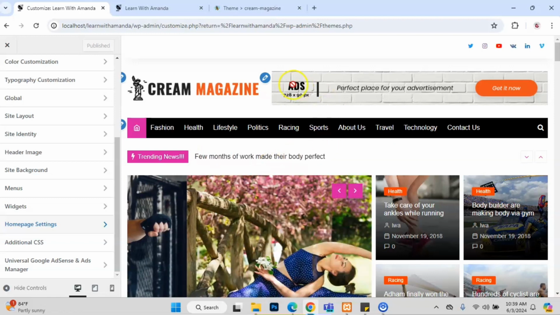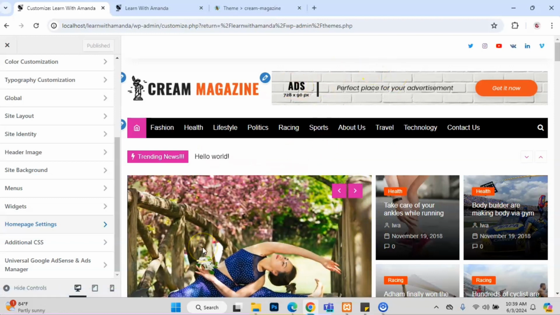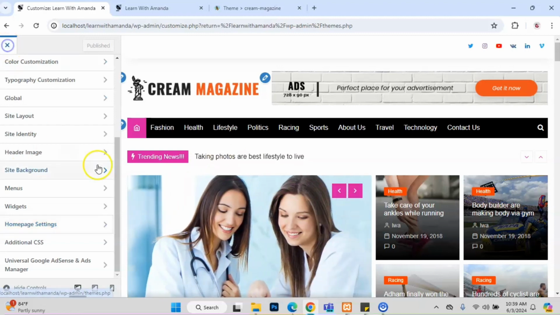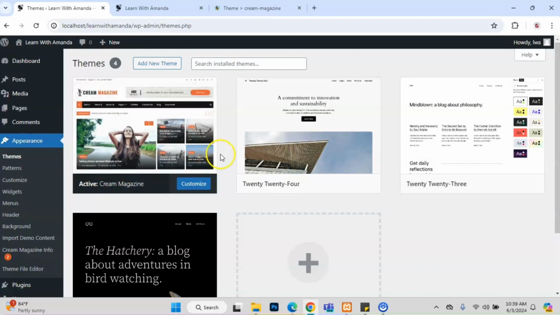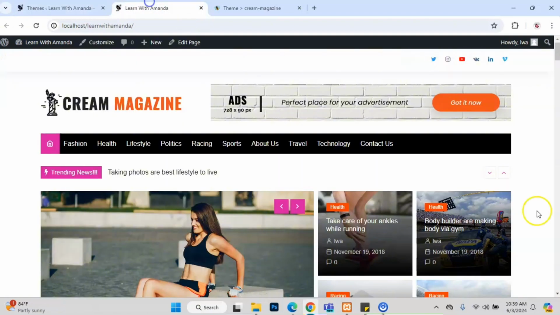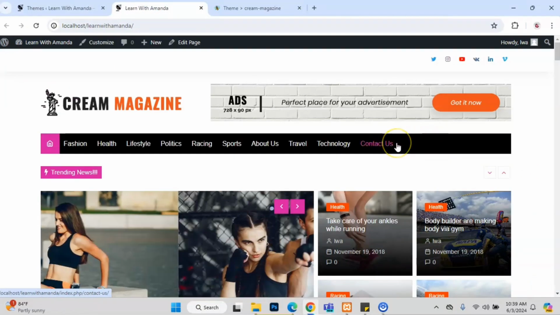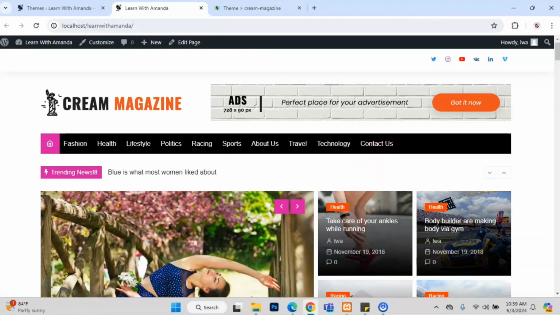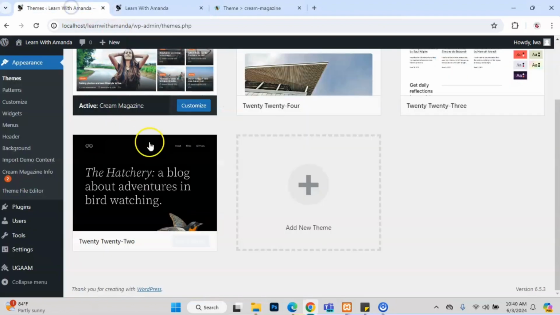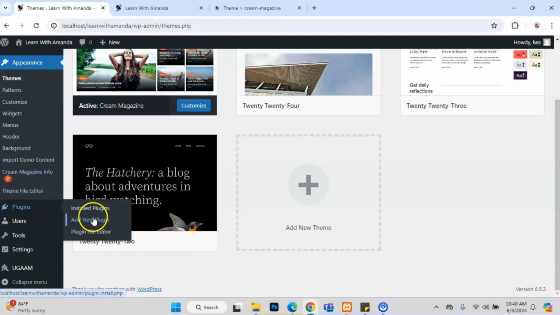Someone may ask, okay, so we have this, and now how do we get people to subscribe? Now we are going to install what we call a newsletter plugin. With this newsletter plugin, when people go to your site, they will see a newsletter pop-up and they will click on it to subscribe. Now when they click on it, the pop-up is going to ask them for their email. Okay, so let's just go back and try adding it. So this is also a plugin. It's adding extra functionality to our website. So we are going to plugins and add